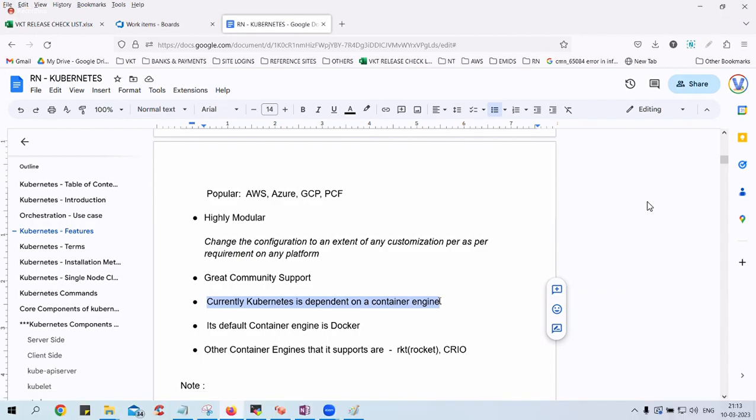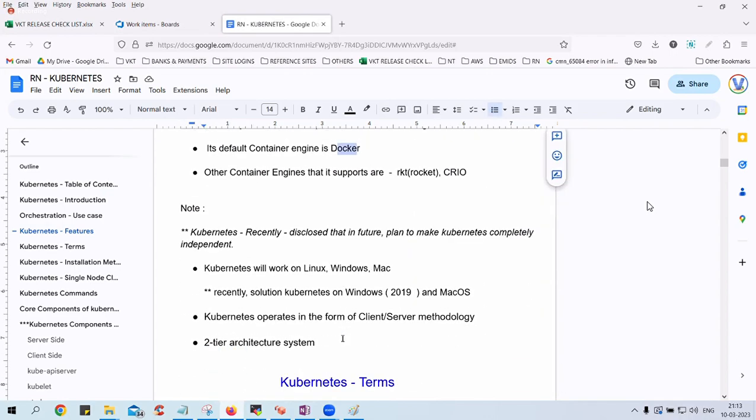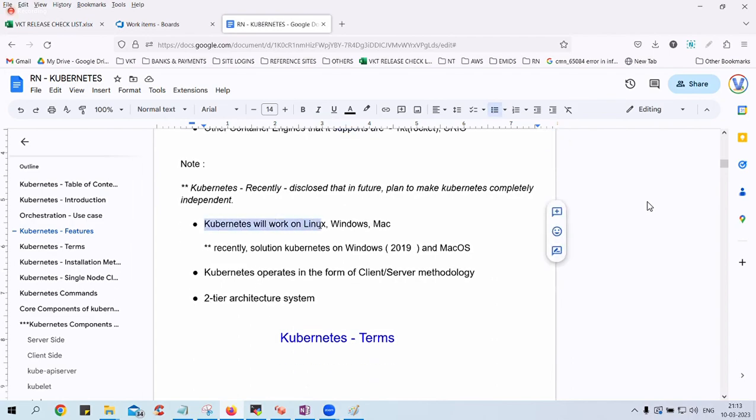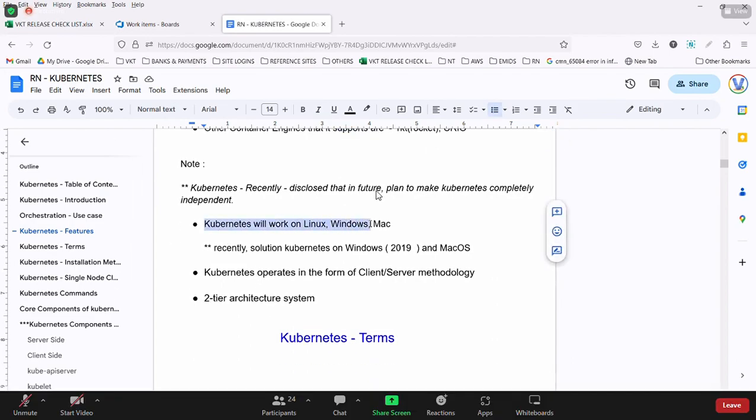Other engines also cooperate, that is CRI-O and Rocket. These are other alternative brands of engines which can give tough competition to Docker also. Now, Kubernetes will work on Windows, Mac, and Linux.